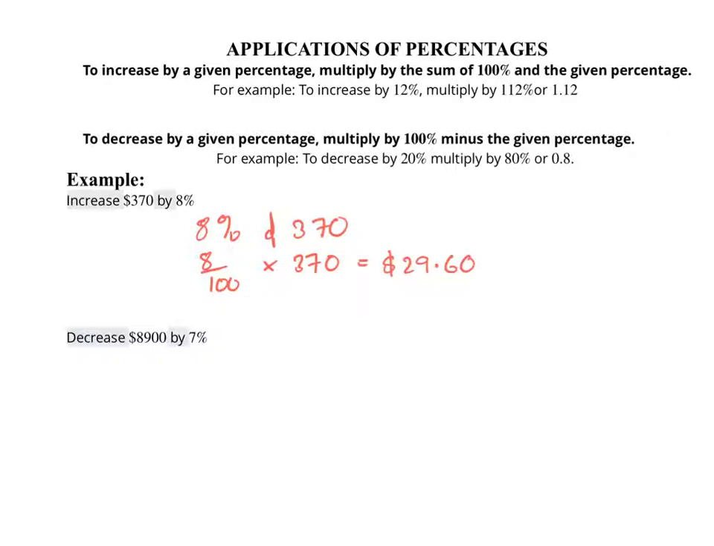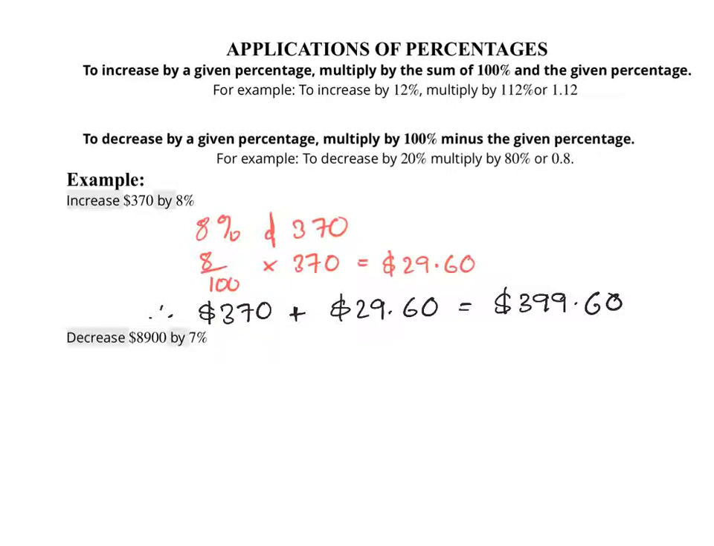So now we know what 8% of $370 is. So therefore we would say $370 plus $29.60, which comes to $399.60. So we have increased $370 by $29.60, and our new total is $399.60. The difference with the next one is that we are going to decrease, but we're going to start off